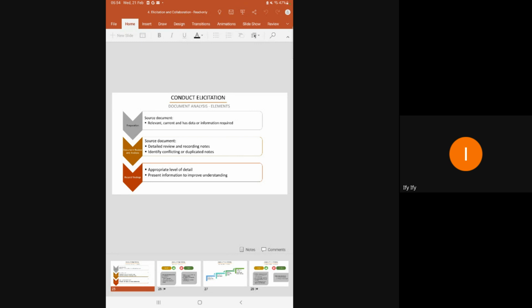Now, when you go to hospitals, whatever physical documents they use, they'll give you scanned copies of those documents, because you need to analyze those documents and get that into the new system. What happens then is, again, classifying those documents and understanding each word in those documents becomes a major issue. So the question here is you have to pick up the source documents which are relevant, which are current, and has data